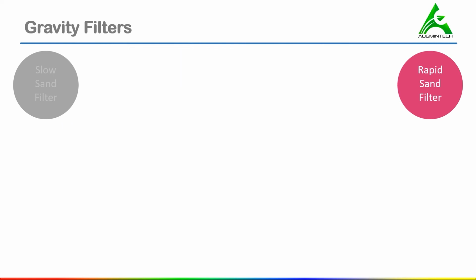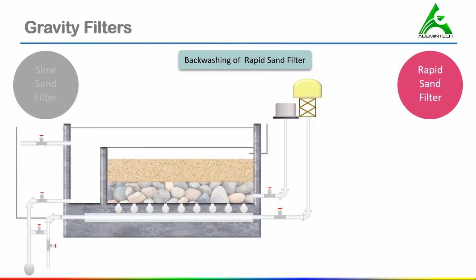So now we have backwashing of rapid sand filter, and here we have the structure of rapid sand filter and the arrangements of different valves. During the operations of the rapid sand filter, we have valve number 1 and valve number 4 in open position, and valve number 2, 3, 5 and 6 in closed position. So when we are going to do the backwashing, we have to stop the operation. For that, we have to close the valves 1 and 4,